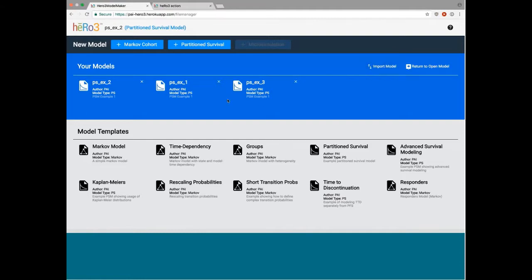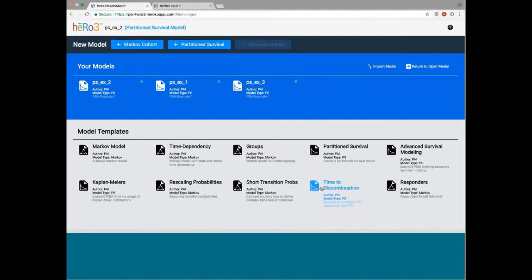In the modeler screen, we saw it previously, quickly, but there are a few different panels here. Up top here, there are buttons for creating new models. There's a button for new Markov cohort model, a button for new partition survival model. There's also an area here for showing you the models that you've created previously, and you just click on any one of those models if you want to open them. And then below that, there's a section for model templates, which allows you to open up a model template, and each of these templates exemplifies certain functionality in the platform, both to demonstrate that functionality as well as to potentially give you a starting point to work with when building a model.